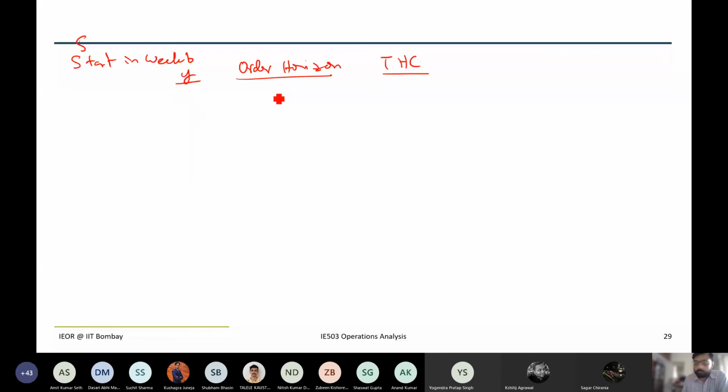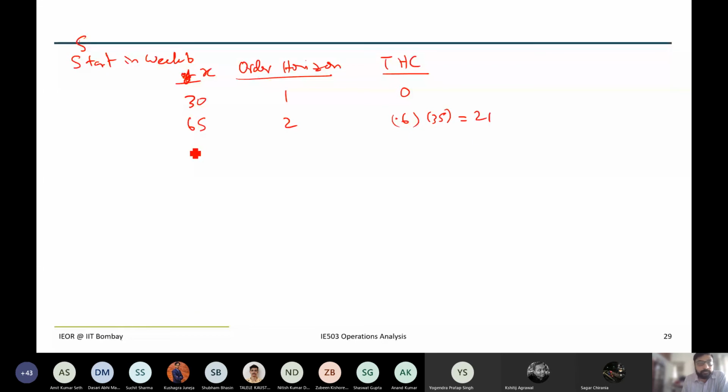Let's again continue to have the value of, let's use a different notation. Let's call it X. Suppose order horizon is only for 1. Let us go to the previous slide. So what I'm denoting here is I'm keeping this as X. So I can produce either 30 or 30 plus 35 or 30 plus 35 plus 30. First, if I only produce 30, it lasts for only 1 period, holding cost is 0. If I produce 65, it lasts for 2 periods. Then the holding cost comes to be 0.6 into 35, which comes to 21.